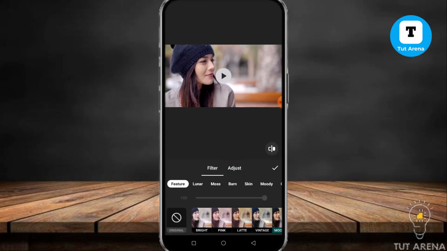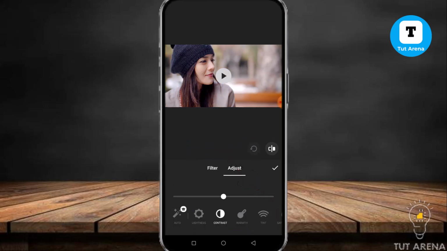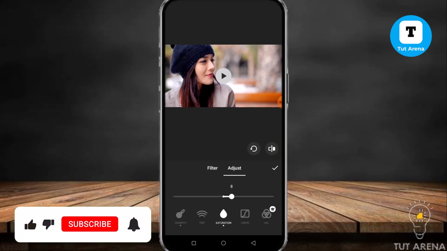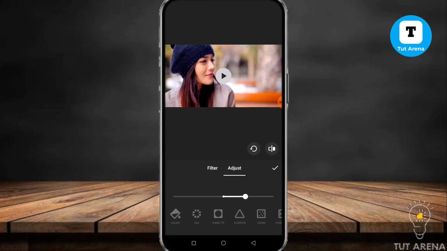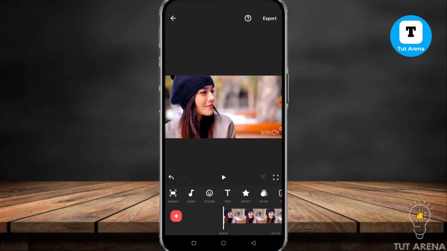Here if you scroll like this, you guys will find out cinema, and under the cinema option you guys will find out this filters. And in here let's adjust it a bit. Here let's grow the contrast level and also the warmth, and in here at the saturation I'm going to grow it as well. Now I'm going to sharpen it fully, and here let's tap on the check mark,